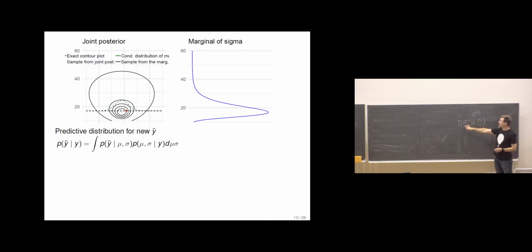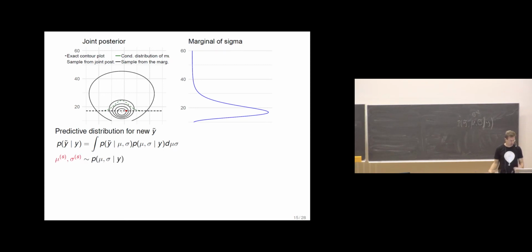We have some uncertainty, but then we have factorized this so that we have the marginal posterior for mu and sigma given data. Oh yeah, there should be data here also. And then we have a conditional part, y tilde given mu and sigma. And then we integrate over mu and sigma if we are just interested in what we would expect to see in the future, given we have a normal model and we have observed y.